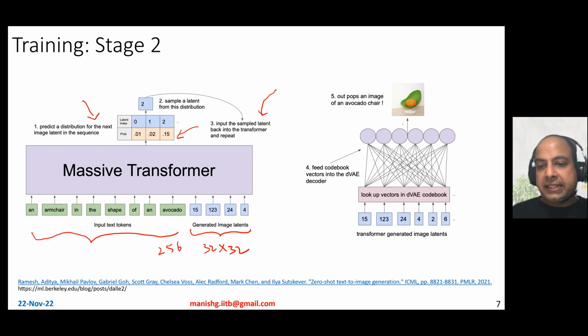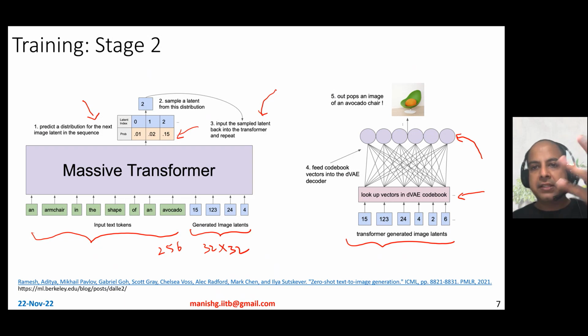Okay. So at test time, once you have the transformer-generated image latents, you essentially take these latents and do a lookup in the dVAE codebook and feed that to the decoder, and the dVAE, the discrete VAE decoder, is then going to give out an image. So that's basically the way you do the training, and then at test time you use it